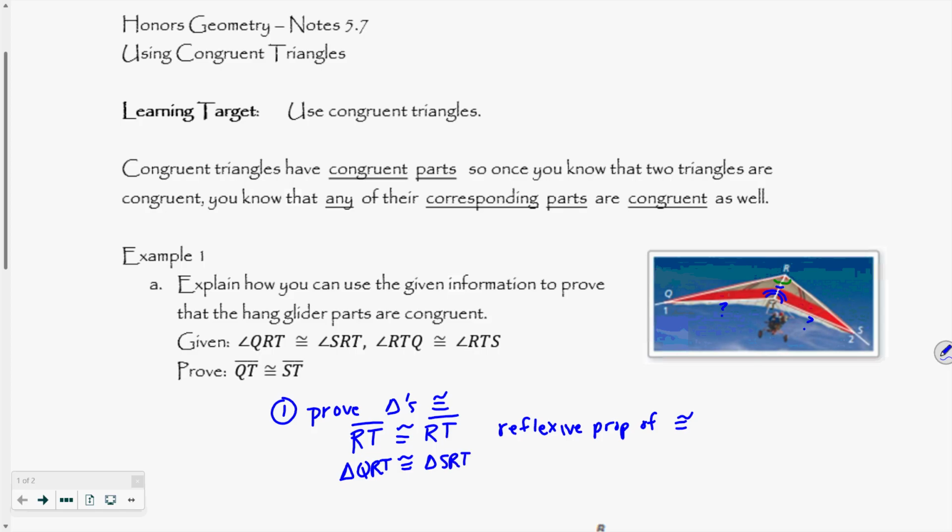And I know those are congruent because of angle side angle congruence, one of our 5 ways to prove triangles are congruent. Now that I know that the 2 triangles are congruent, the next thing I'm going to say is that QT has to be congruent to ST because corresponding parts of congruent triangles have to be congruent. So after I've proven the triangles are congruent, the next step in my proof would be that QT is congruent to ST because corresponding parts